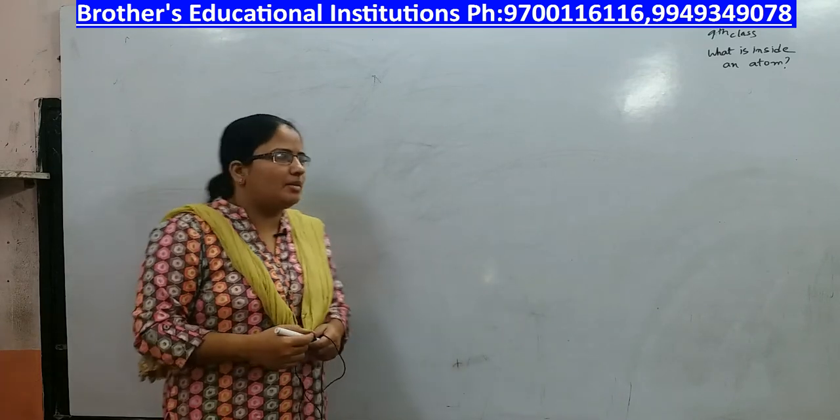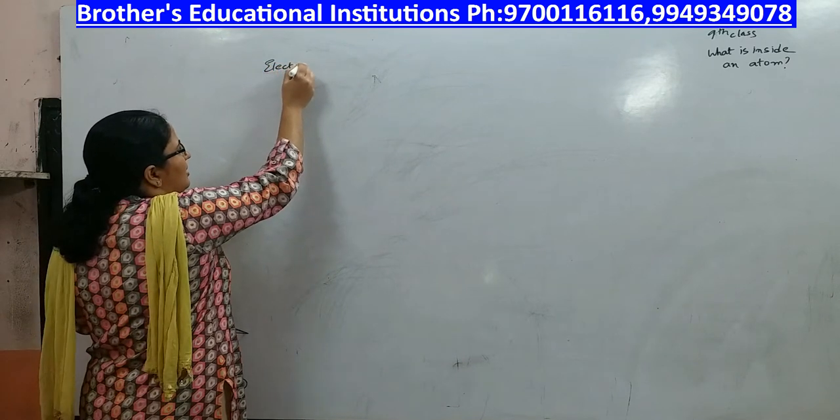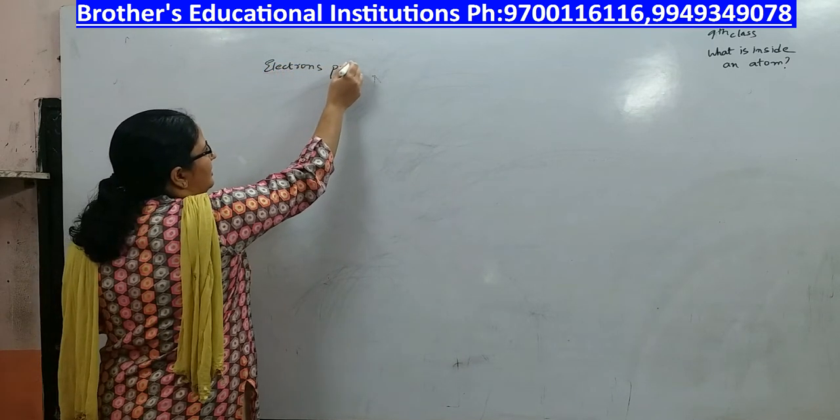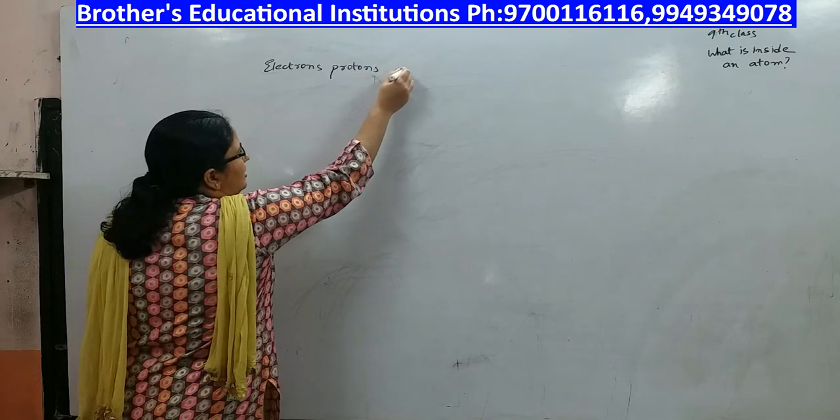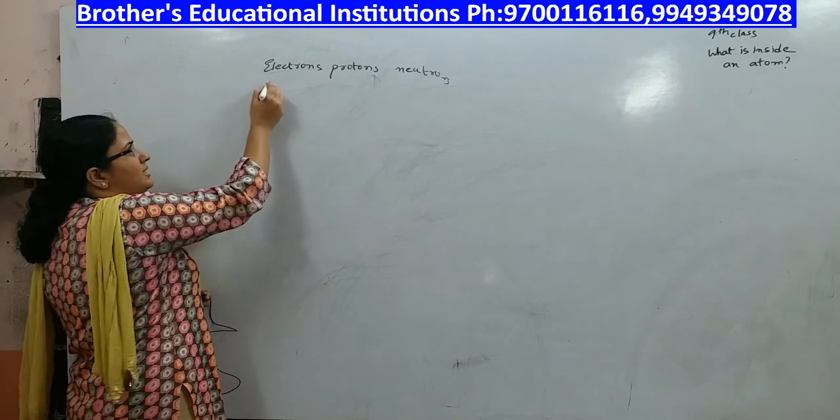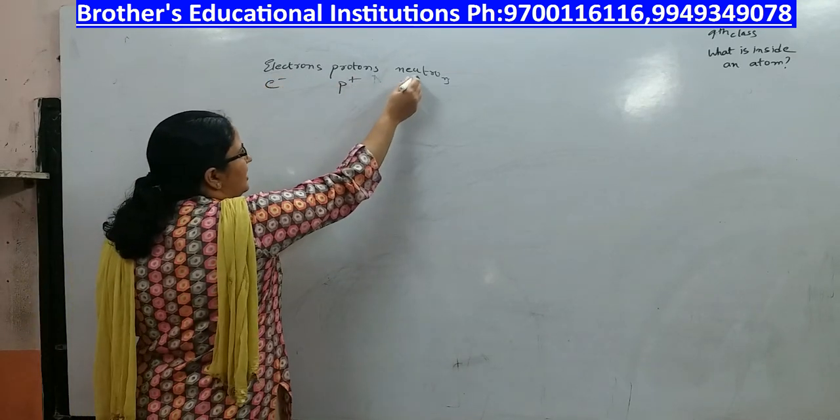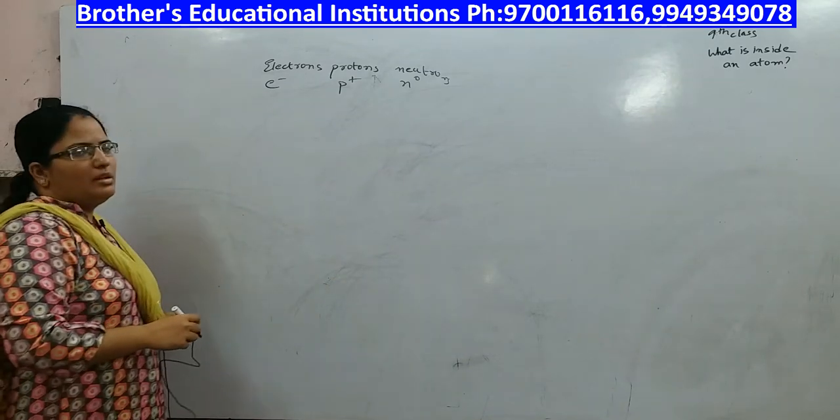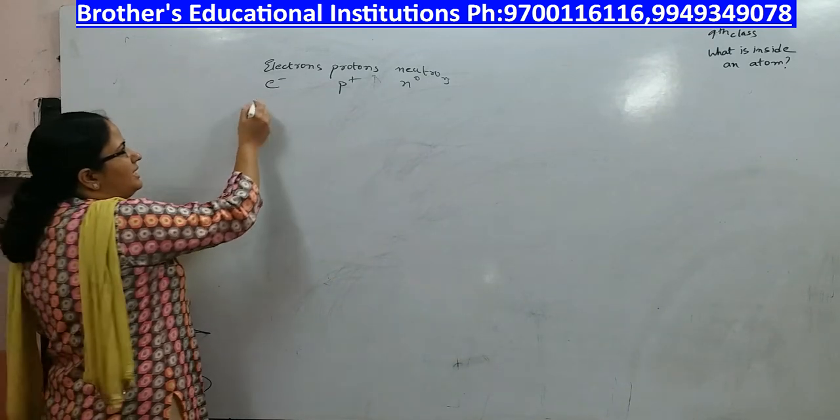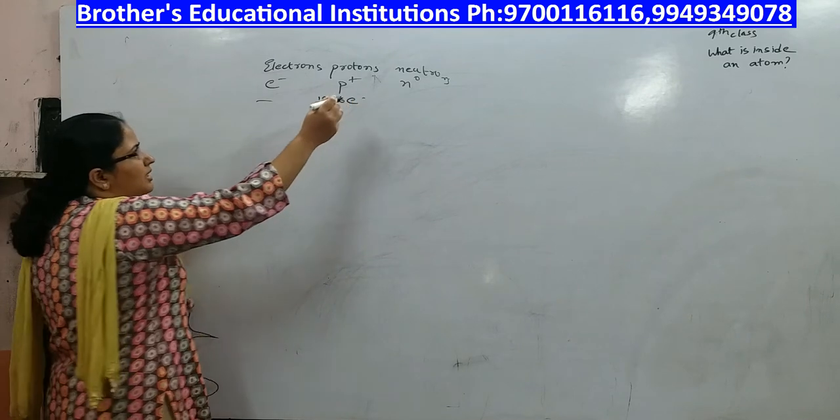We have discussed electrons, protons and neutrons, their mass and charges. This is denoted as e minus, this is denoted as p plus, this is denoted as n0. The mass of the electron is negligible, mass of the proton is 1836 times that of an electron, and the neutron